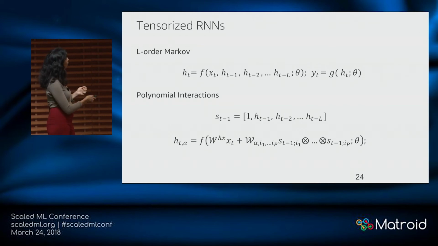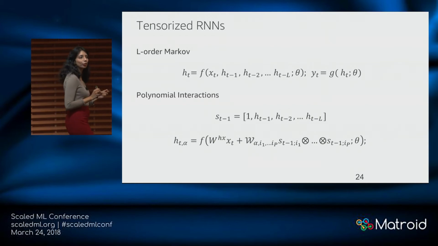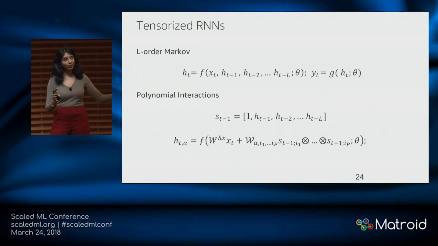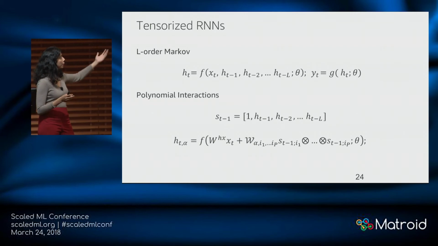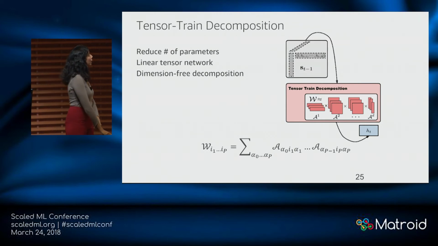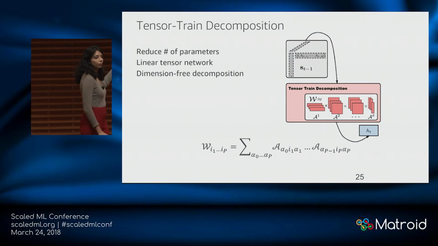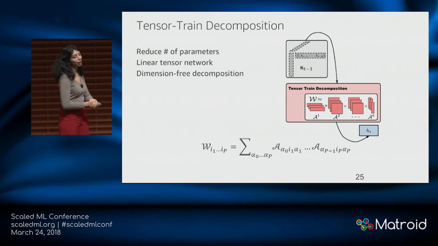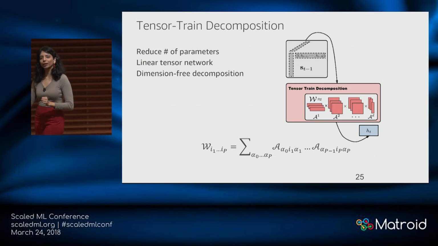In fact, you can look at the correlations between the different states in the past and put them together and try to make a decision for forecasting based on all these correlations between the past states. Of course, this would blow up the dimension, so you don't want to do it as it is. And so what we explored was a new form in this context, called the Tensor-Train formulation.